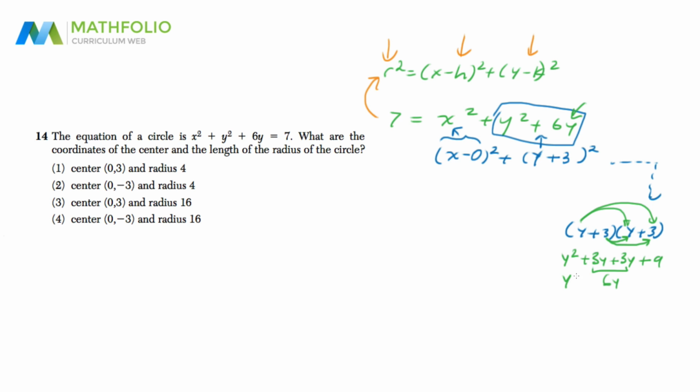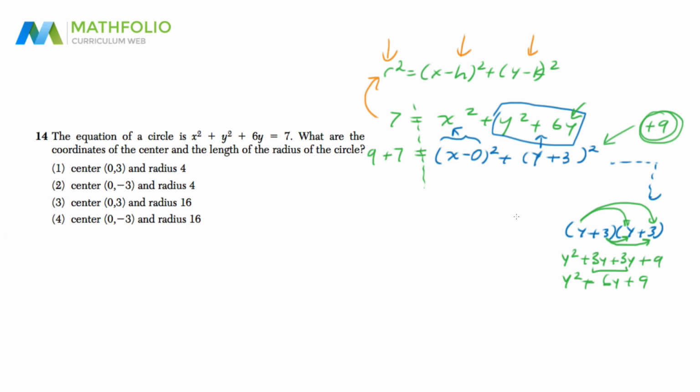So when we FOIL this whole thing out, we've got y squared plus 6y plus 9. So this was looking good, but what it pretty much did, this parentheses, it added an extra 9 to the right-hand side of this equation. And don't forget, this is an equation with things on both sides. So if I've added 9 inside here by rewriting this as (y plus 3) squared, I have to add 9